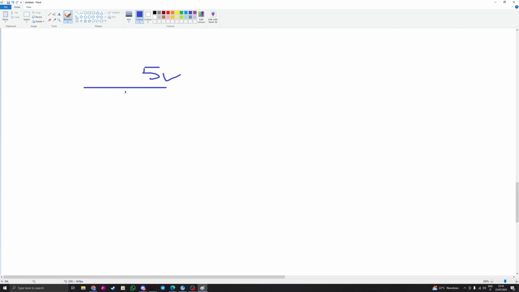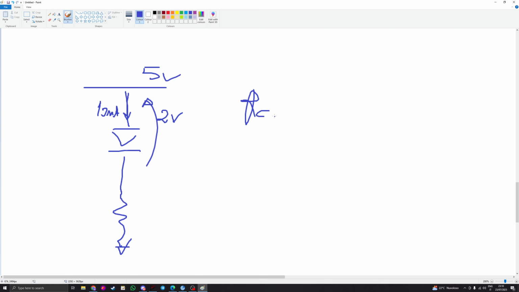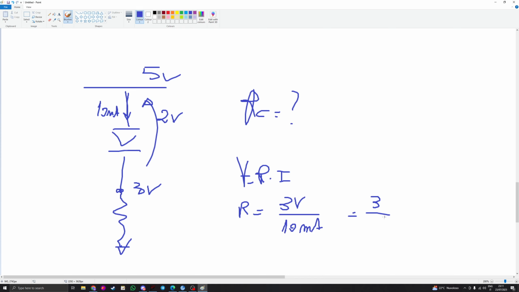5 volts, the LED, and the resistor. This has a drop voltage of 2 volts and 10 milliamps flowing by design. So what is the RC? I have basically 3 volts here and I have to make it flow 10 milliamps. So V is equal to R times I, and so R is equal to 3 volts over 10 milliamps, which is equal to 3 over